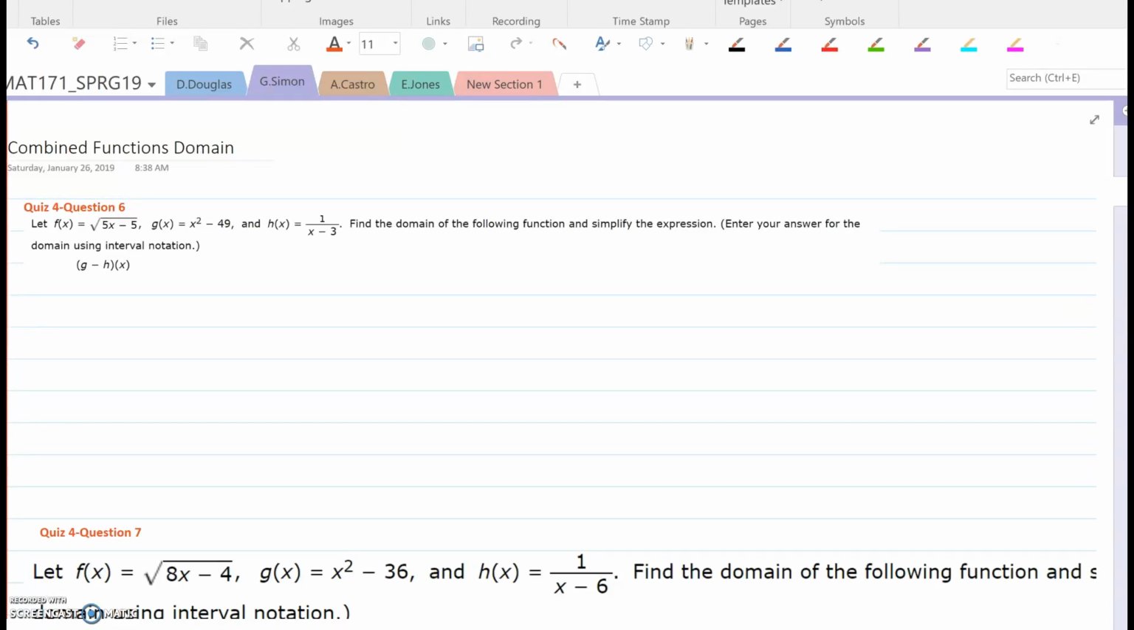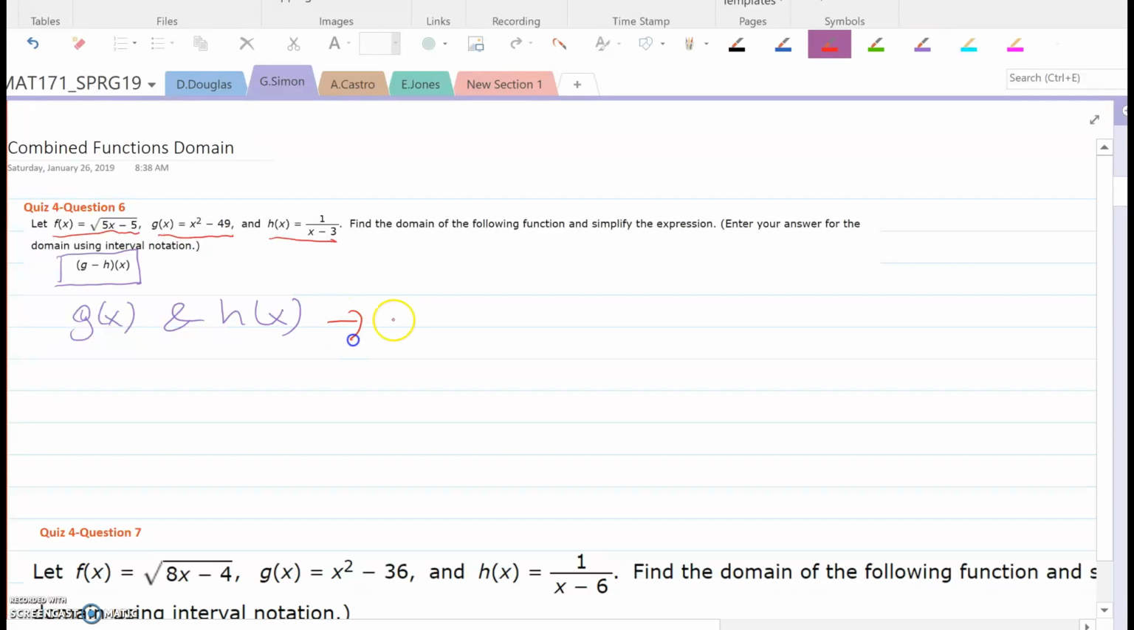All right, let's go ahead and get started. So we have three functions, f of x, g of x, and h of x. And we would like to obtain another function, if you will, which is going to be composed of subtraction of two functions, which is g of x and h of x. Because my new function g minus h of x is being constructed from these two functions, first of all,